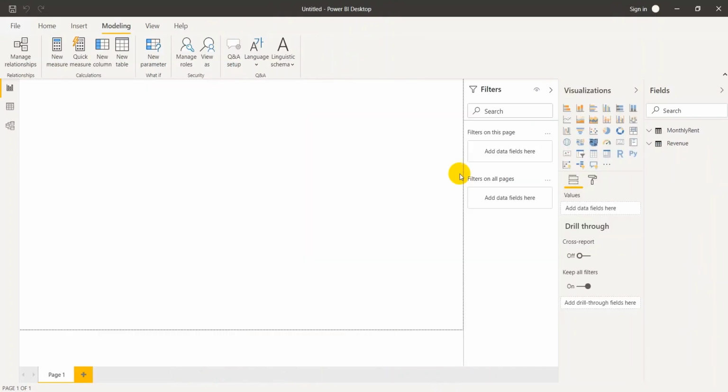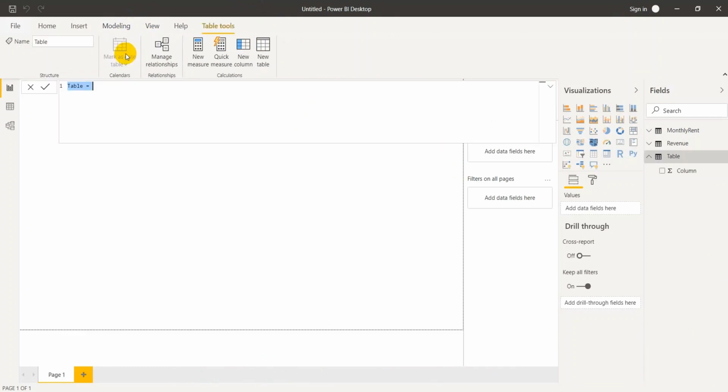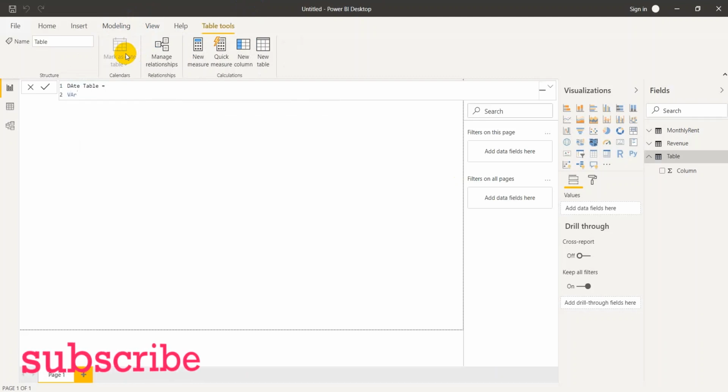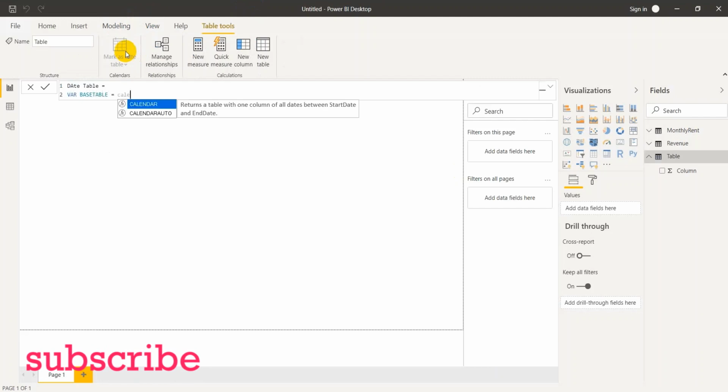To create the date table, I need to get into the modeling tab, and from there I'm selecting new table, and the name of the table is Date Table equals. I need to declare a variable, that is BaseTable, using the CALENDARAUTO function, and I'm giving 12, that is my fiscal year last month, December.